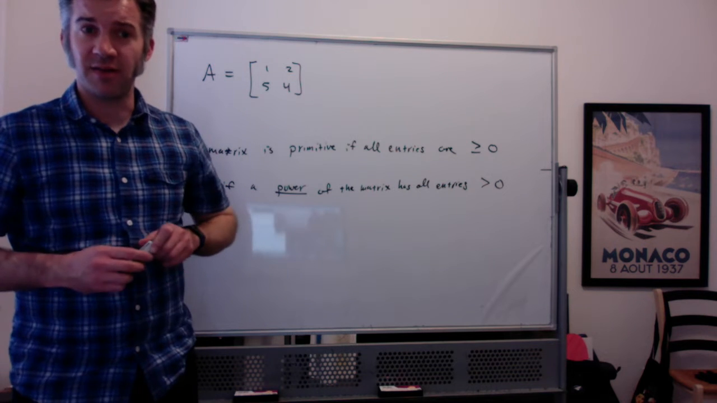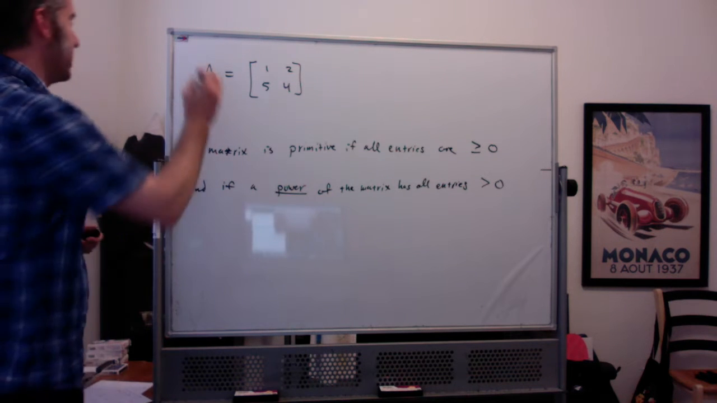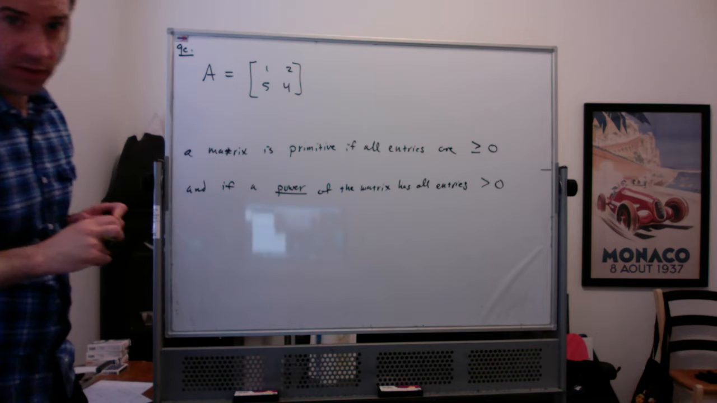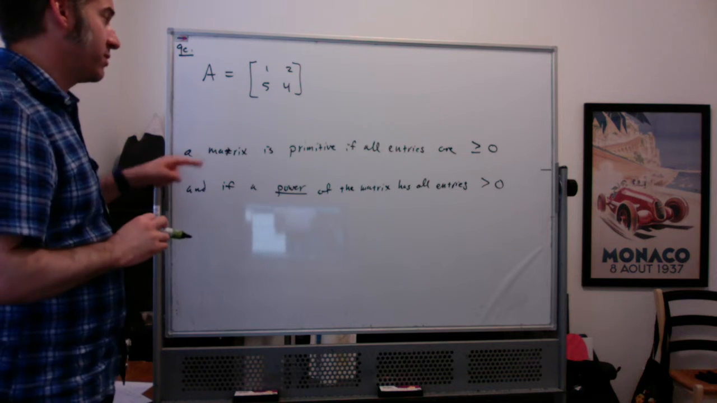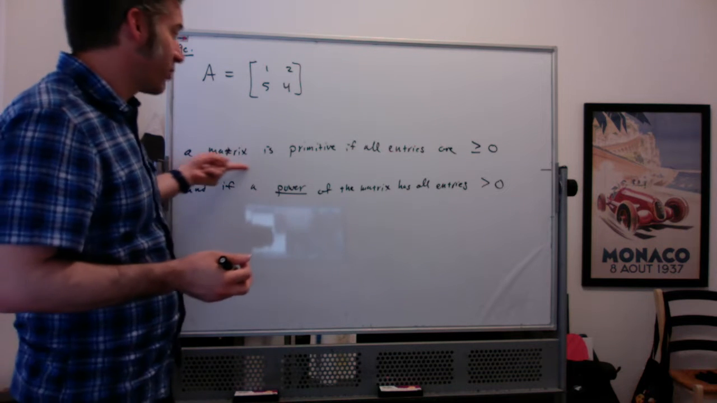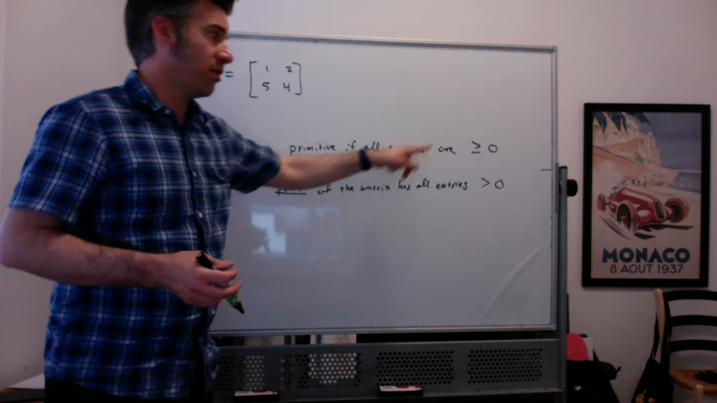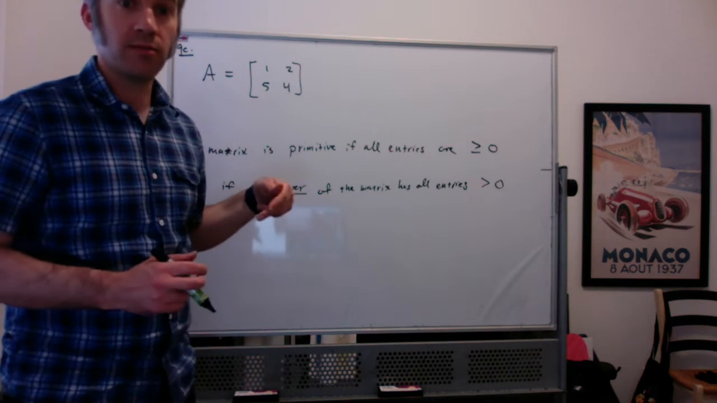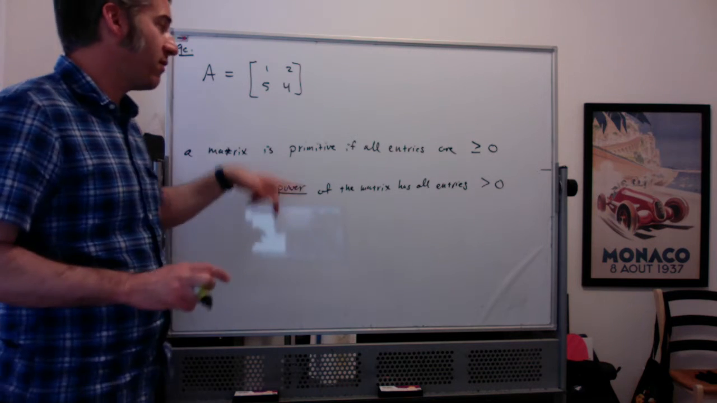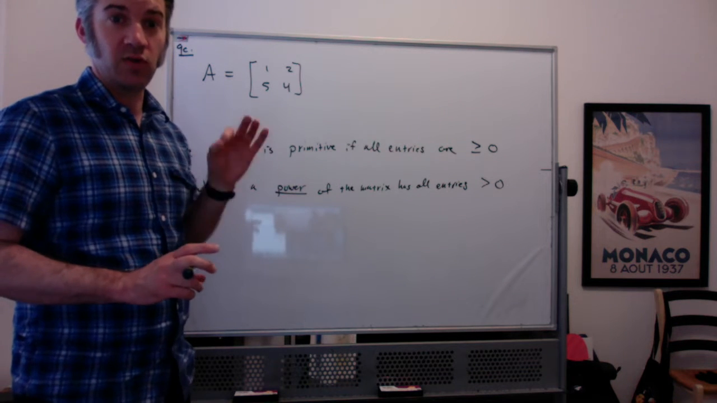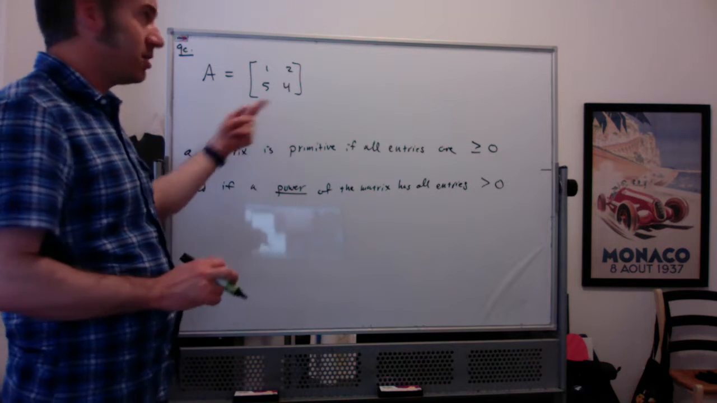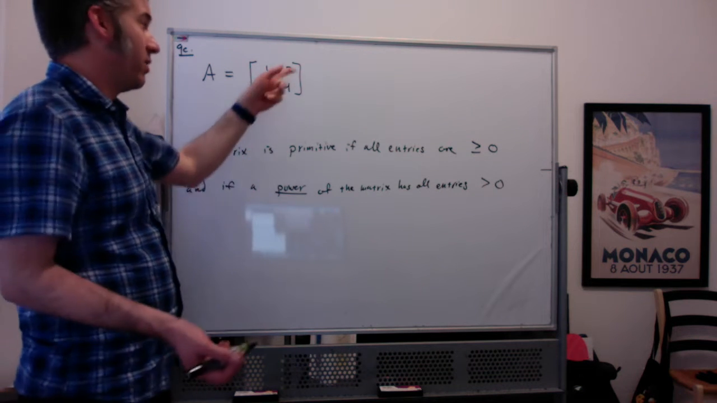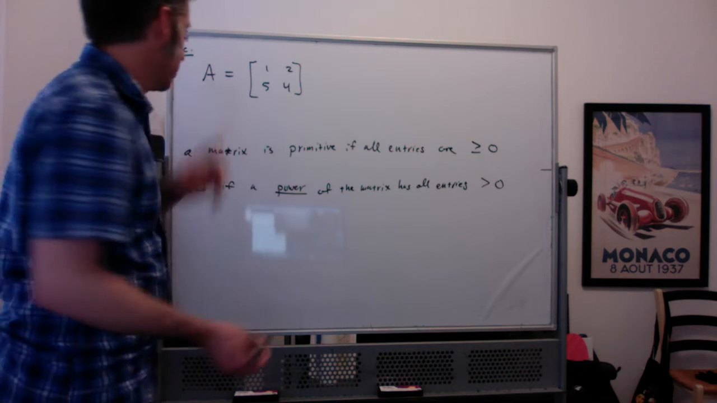Okay, it feels almost silly to record a single video for problem 9c, but whatever. So the question is: is A a primitive matrix? Well, a matrix is primitive if all entries are greater than or equal to 0, or not negative. Check. And if a power of the matrix has all entries being strictly greater than 0. Well, also check, because the matrix itself is the matrix to the first power, and all the entries are strictly greater than 0. So yes,